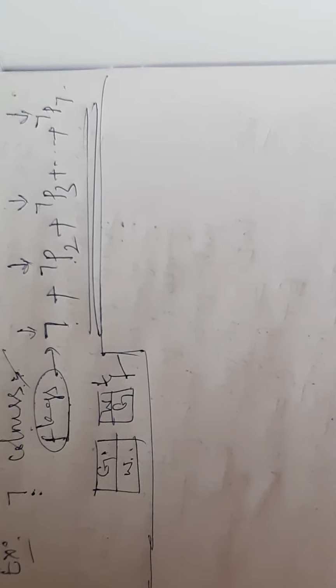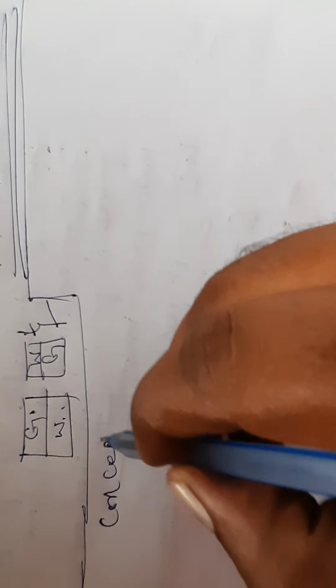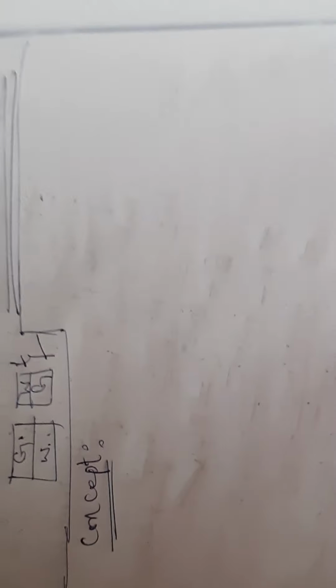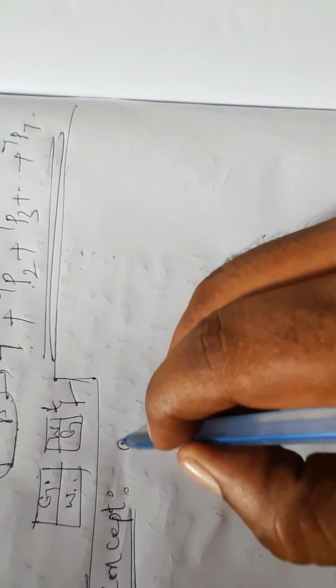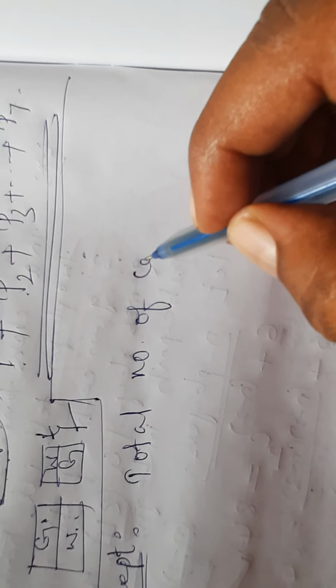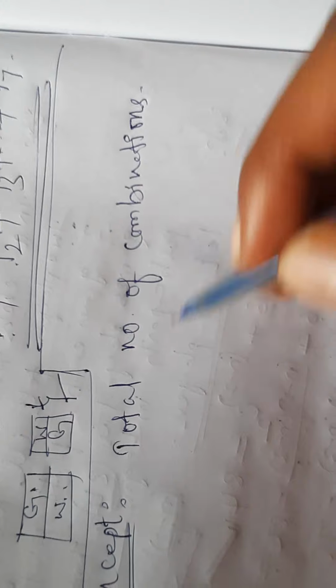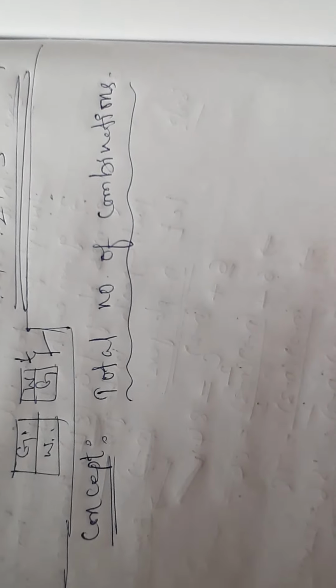Next, before this, one concept I already gave. What is the concept here? All of you listen carefully. The concept is the total number of combinations. This is the concept, total number of combinations. What is this concept? Listen. For example,